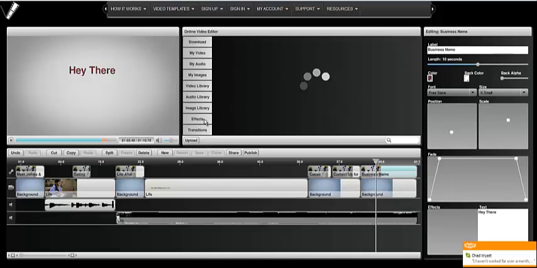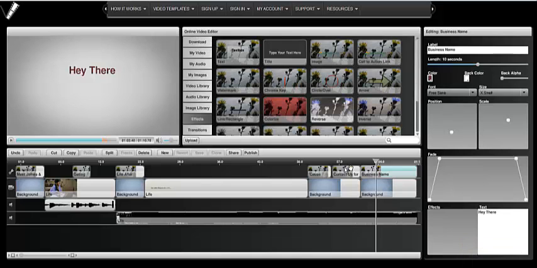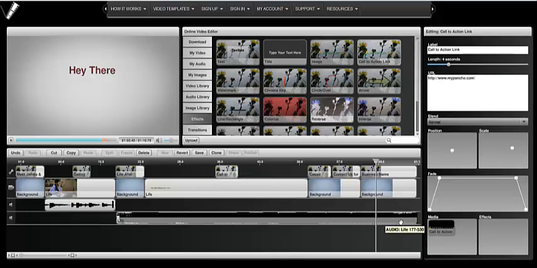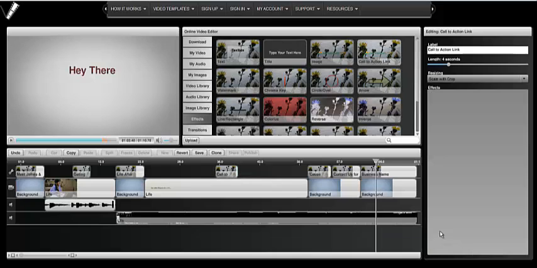Now, one other thing that I want to point out here is there are calls to action. Now these calls to action are pretty cool. They work similar to a YouTube annotation. It's just an overlay. You can say I want to throw this call to action in here. Alright, as you can see, the media,